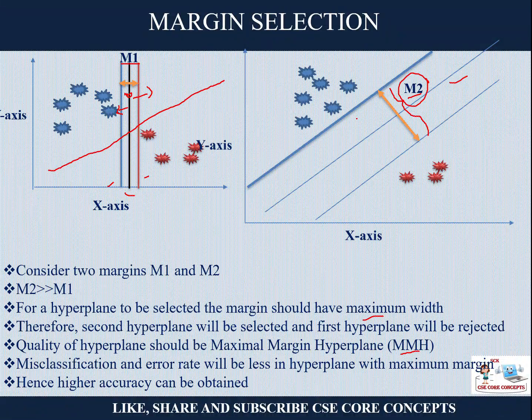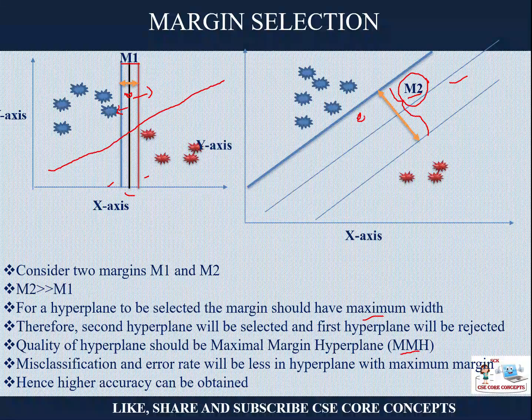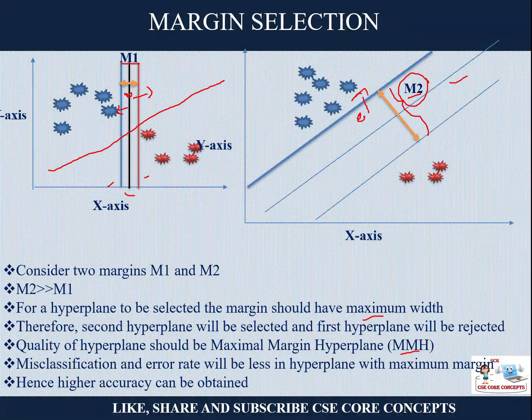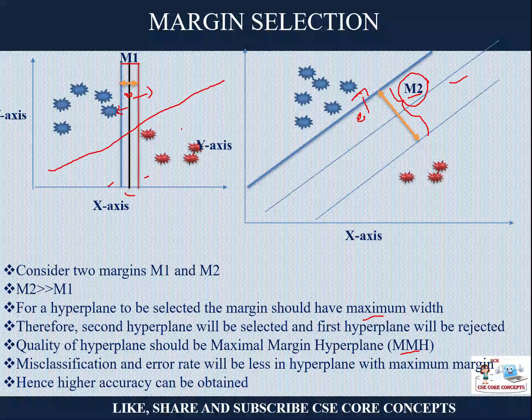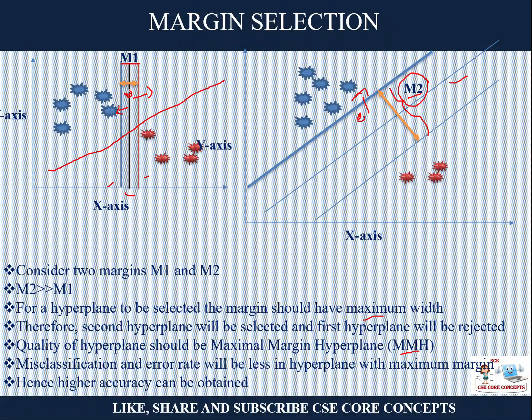In this case it is very clear that if the data point is here, it will go to this class instead of that class. But here, if the data point is somewhere around, and since the distance between both the support vector lines is very small, it may go to any one of the classes,